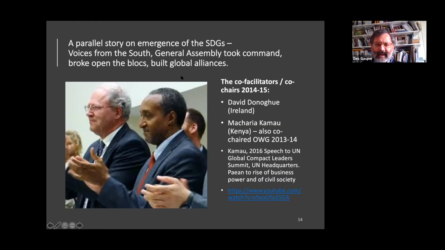I want to link it up with the parallel story about the SDGs, which is that apart from being a technical exercise of specifying requirements and targets, it's been a big political exercise of bringing voices from southern countries more and more central, unlike in the MDGs process, which was dominated